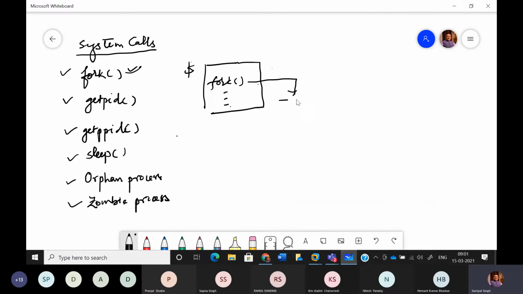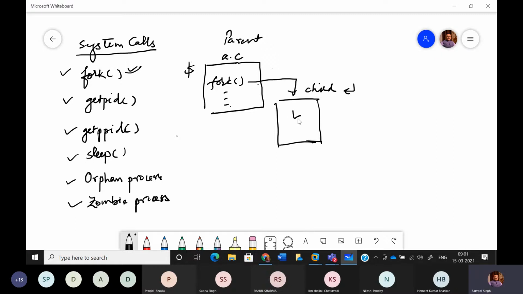It is creating a child process. So the original program, a.c, becomes the parent process, and the newly created process becomes the child process.